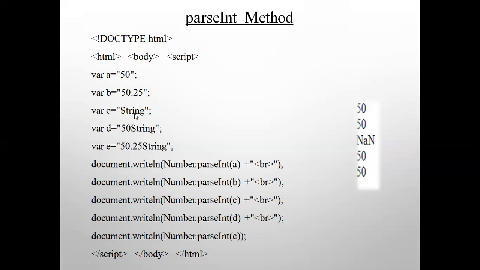This is not considered as an integer, so it is not a number. An error message will be shown. Again, here it is taking 50, and here also it is taking 50. The floating point is truncated. So writing the program is the same, only in place of int you put float, or float you put int, according to your needs. So this will be the output which will be shown to you: 50, 50, NaN, 50 and 50.